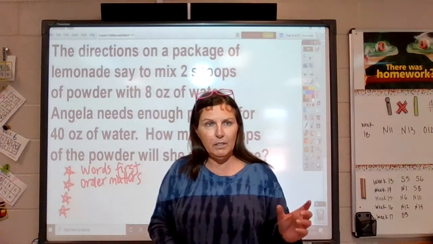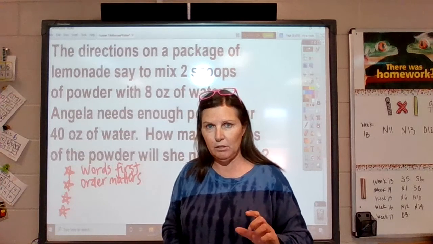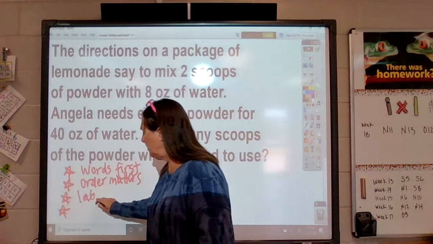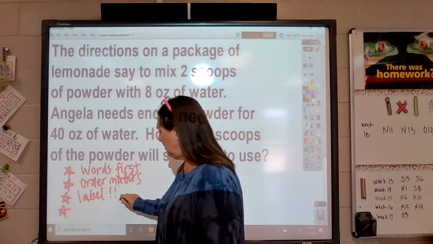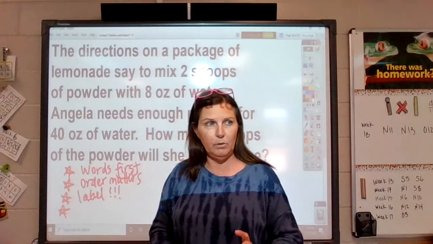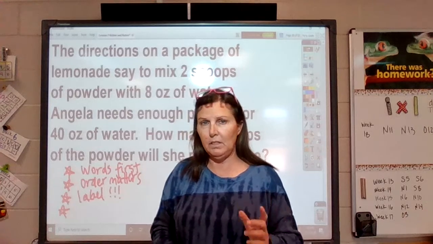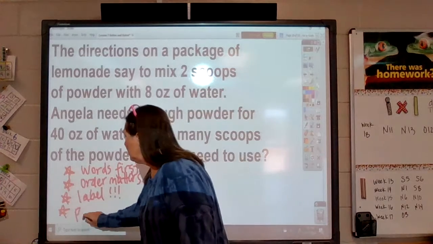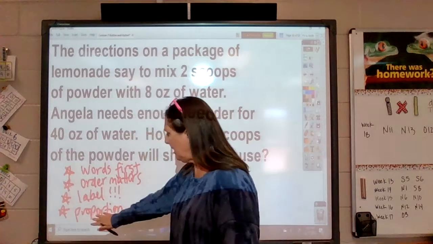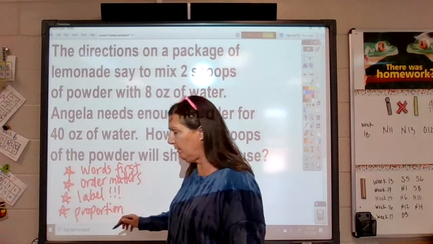And then after we turn that ratio into a division problem, the next step is we make sure on that division problem that we label. Very important. And then our last step is we're going to form a proportion, which is an equivalent ratio. So the ratio we make from the problem, and then we set up an equivalent ratio